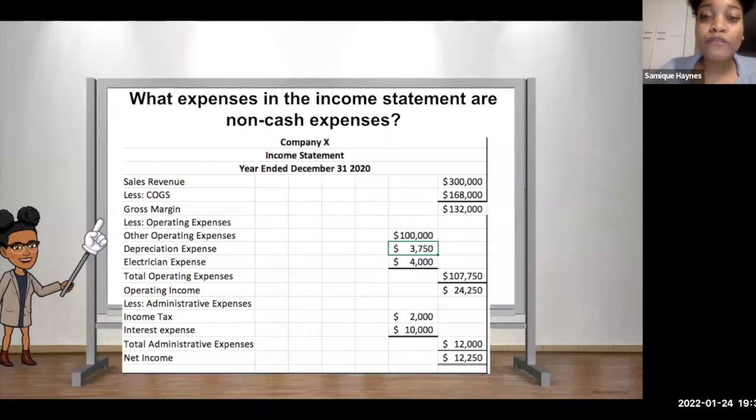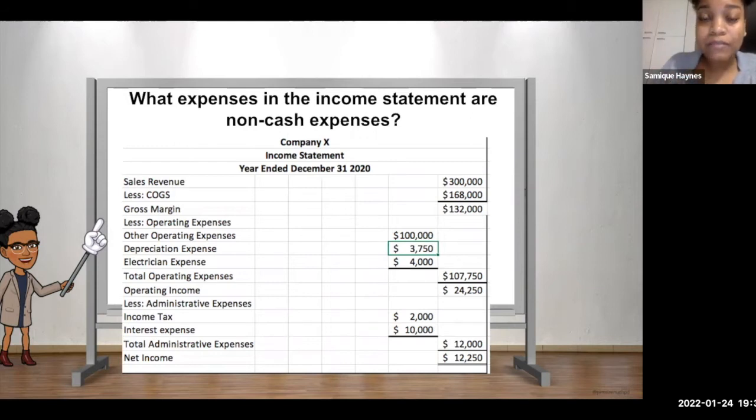$12,250. True or false? $12,250 is how much cash is in our business. True or false? Correct. False. $12,250 is not how much cash is in our business. $12,250 represents profit. So if I started my cash flow statement with net income, and I wanted to take this number and push it closer to what cash amount in my business